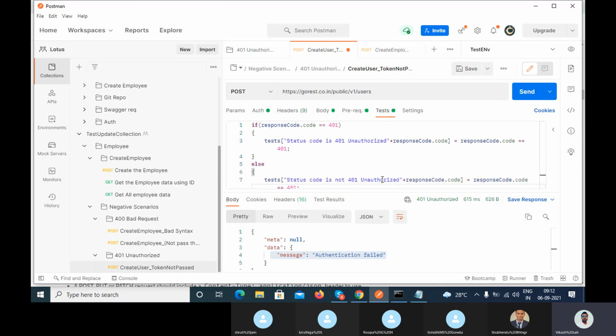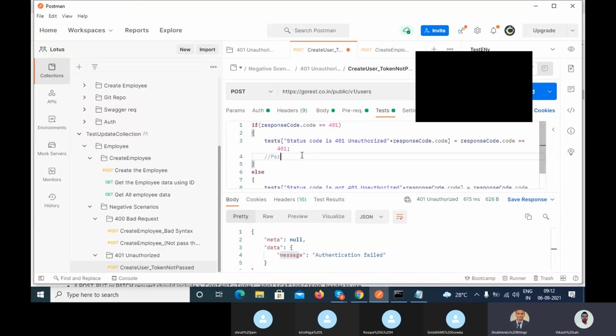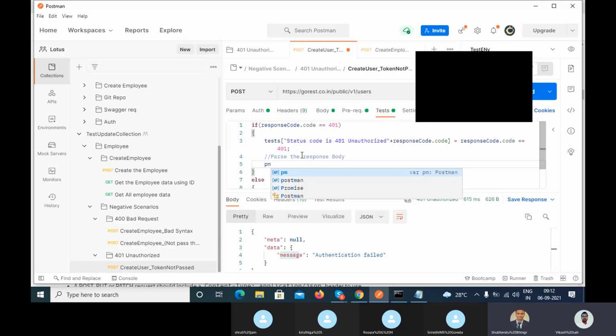Then tell me how I can verify. Quickly tell me the code, how I can verify this message. Tell me guys. First, we will parse it to the JSON body. First, parse the response body. We use JSON.parse and then the response body, correct,